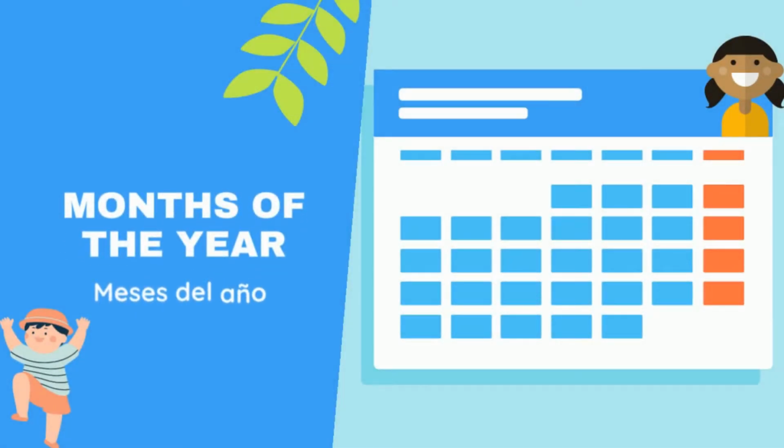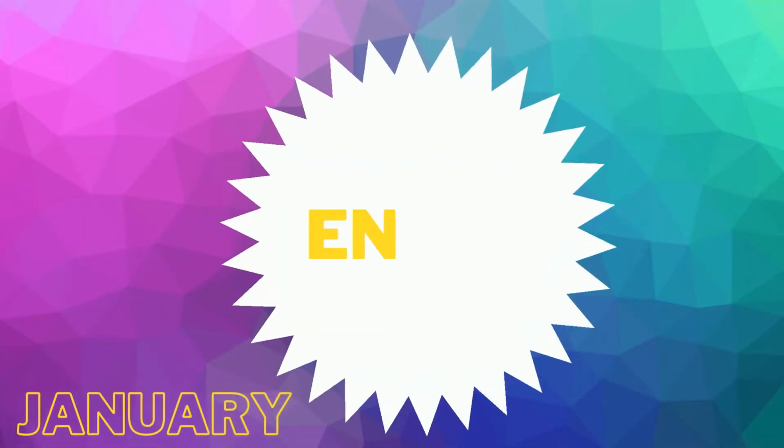Hi kids! Let's learn the months of the year in Spanish. There are 12 months in a year. In Spanish we say Meses del Año. For months of the year: Enero,